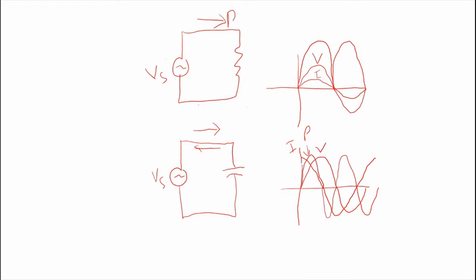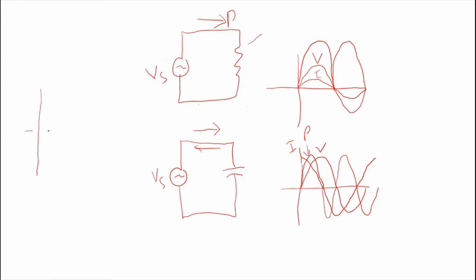Similarly, we can talk about the inductor as well. In an inductor, the current lags the voltage source by 90 degrees. So again, the power will be flowing from the voltage source to the inductor, and then from the inductor to the voltage source. So the net delivery of power in a complete cycle is zero. In a resistive circuit, the power is unidirectional, but in a capacitive or inductive circuit, the power is just circulating in the circuit. It just keeps on coming and going.